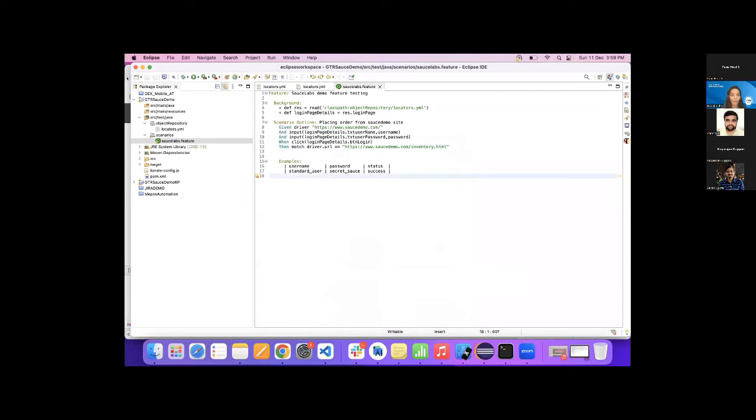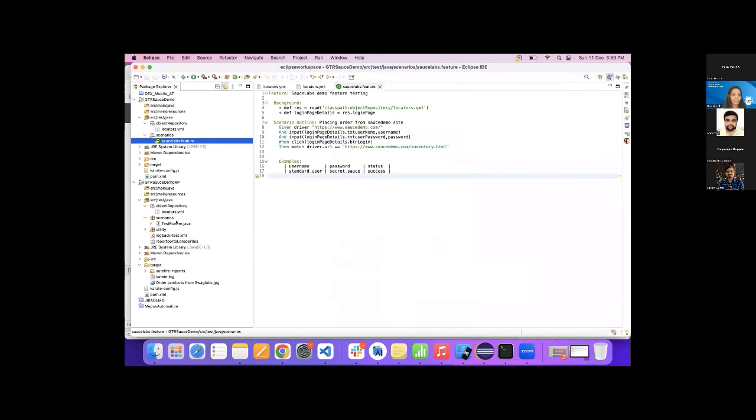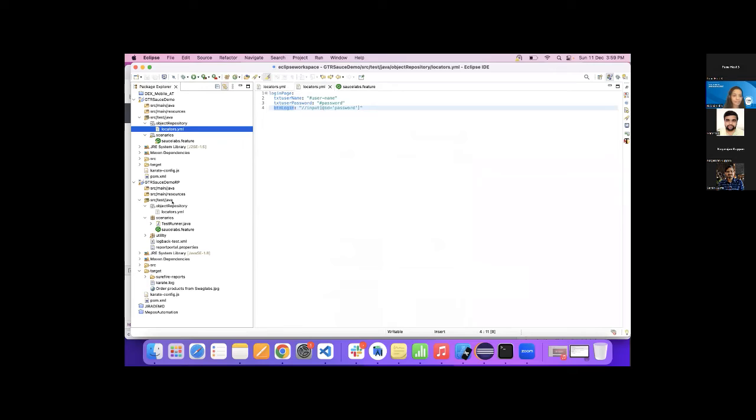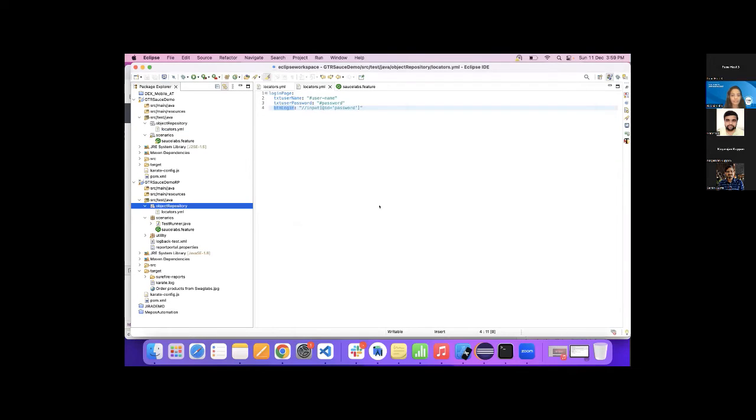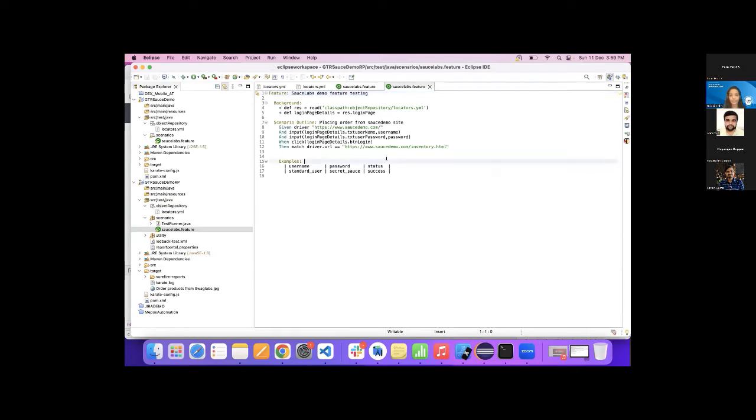So let's do one thing. We have another setup ready. So we'll quickly copy this source lab feature over here and the locators in the locator section, and try to execute it from here itself.